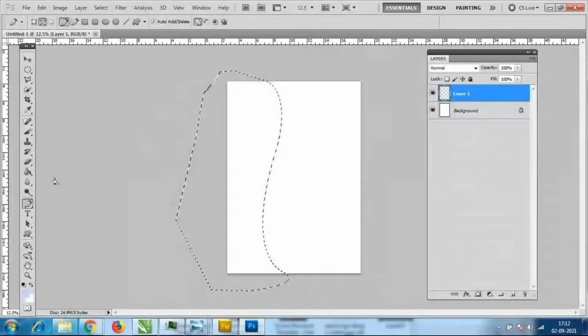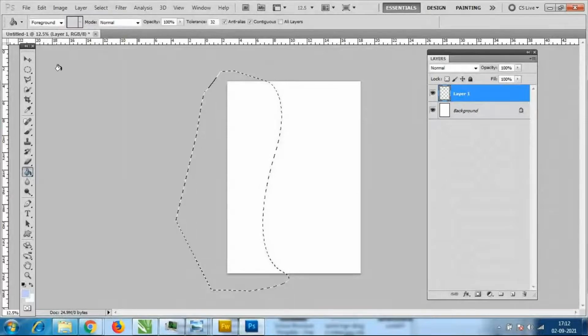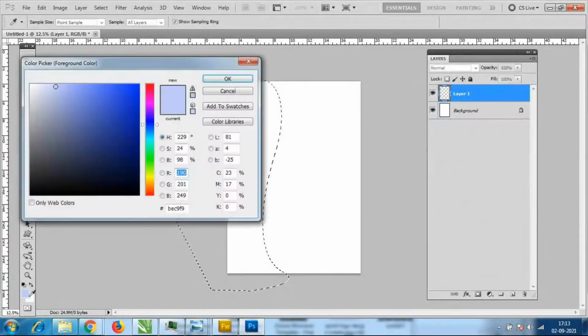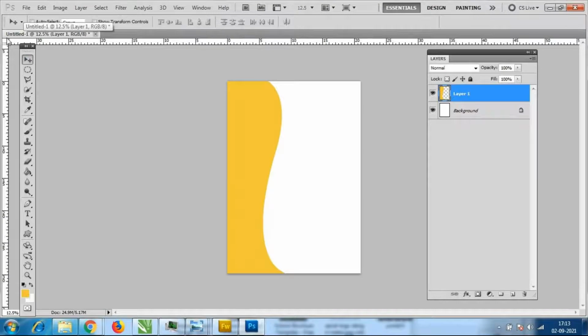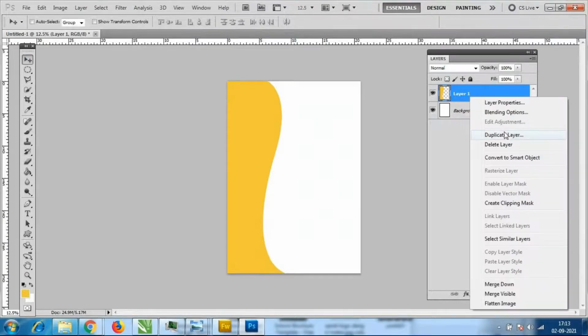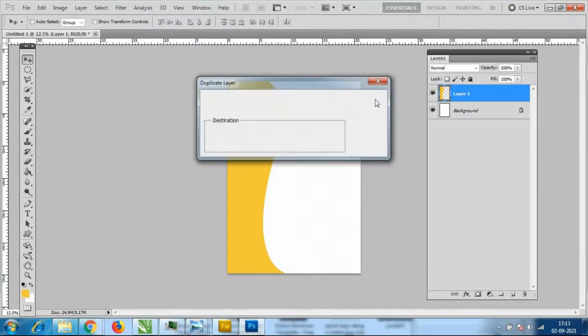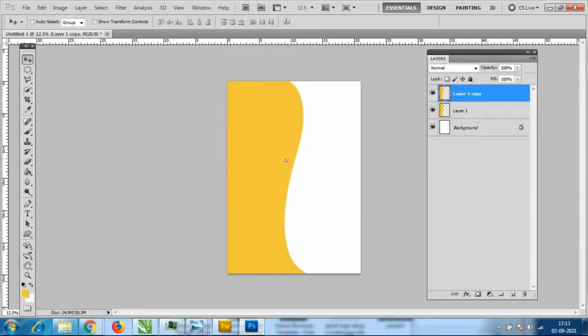Okay, so you can go to this paint bucket tool and here we have to select the color. See, whatever colors we want, we have to select the color. And I'll just apply the paint bucket. Okay, Control D, deselecting. Okay, I will take a duplicate copy of this. Where is it now? It is here. Control Z. I'll take the duplicate copy of this and Control.